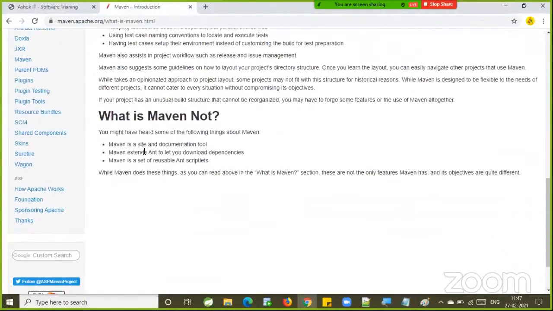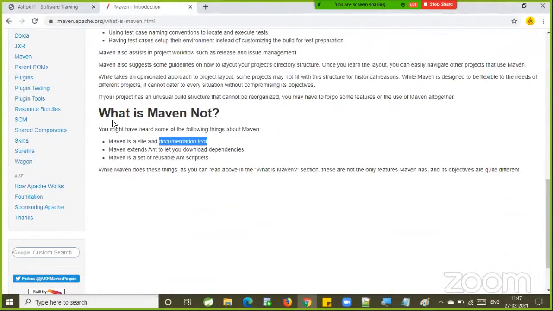Okay, what is Maven not? People may have some wrong information about the Maven. You might have heard some of the following things about the Maven. You may hear that Maven is a site and Maven is a documentation tool. That is wrong. You may also think that before Maven, Ant was available. Ant is also given by Apache, Maven is also given by Apache. So you may think that